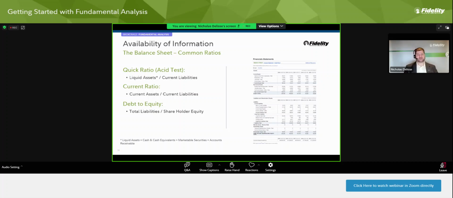Kind of coming back to some of these ratios: how likely is it that they're going to pay that back? And some of this can be applied on a personal level. For those in the audience who have gone through the process of buying a house or buying a car, they take a look at your debt to income. What are your monthly expenses? It's your liabilities. How much are you paying each month versus your monthly income? How much do you bring in each month?